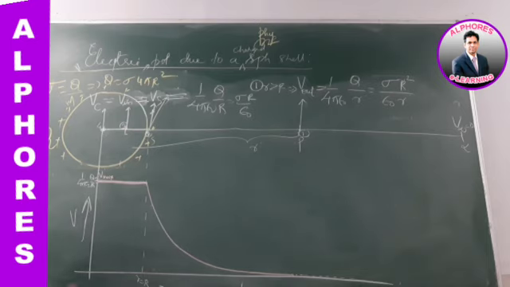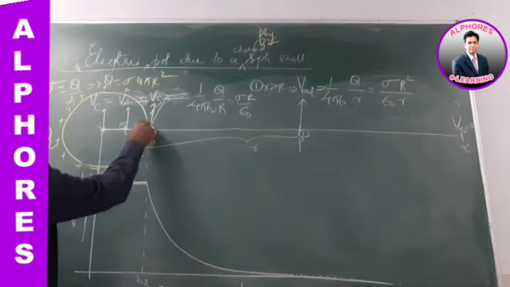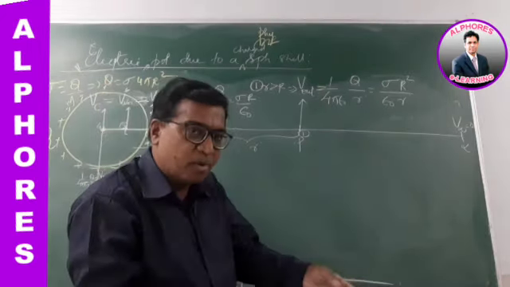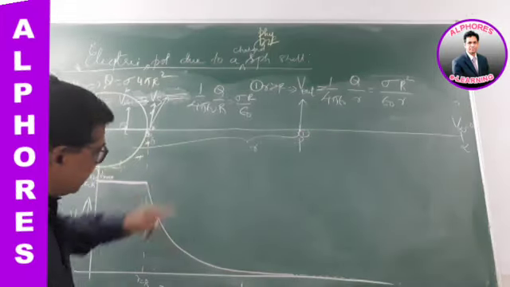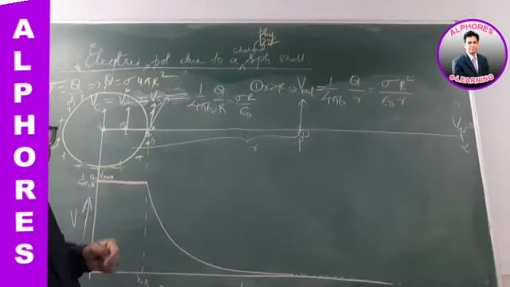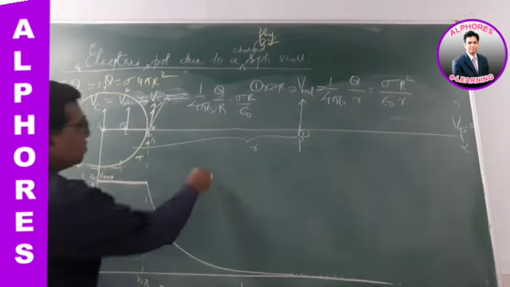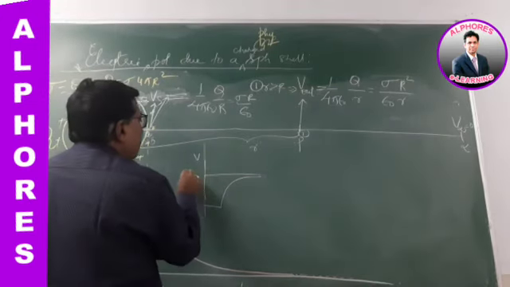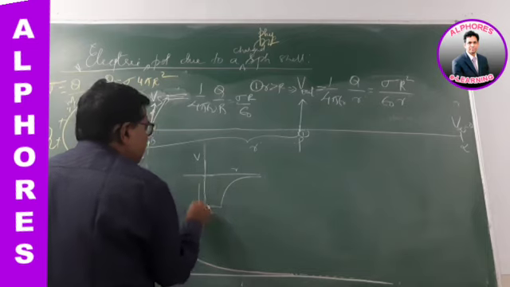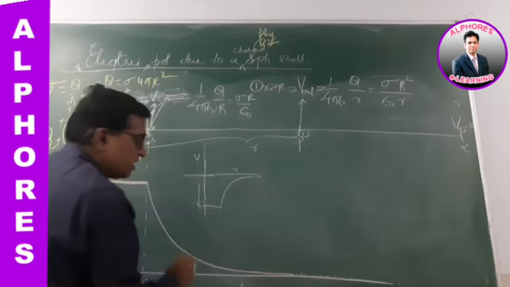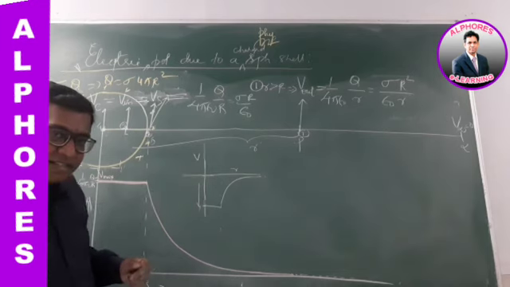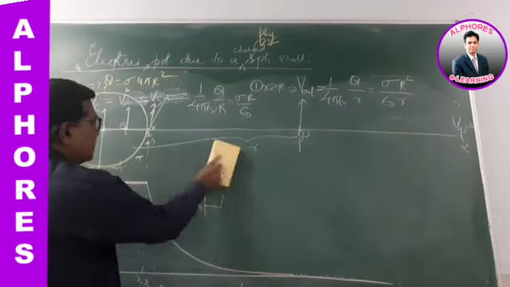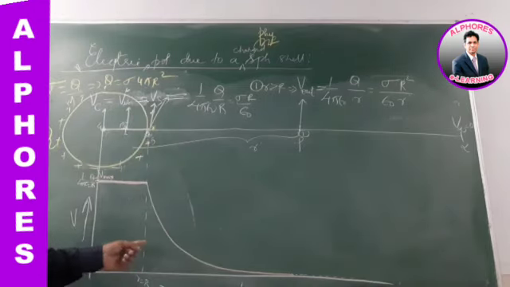I am taking it for a positively charged sphere. For a positive charge, of course, it is positive potential. Potential is a scalar, but even though it is a scalar, it can be positive, negative or 0. For a positive charge, the graph is on this side. Had this been a negative charge, it would be the same graph downward. So for a negative charge, the potential V with respect to distance is minus up to this R. For a negative charge it is minus, for a positive charge it is plus, like this. So the graphical variation of potential with distance is represented like this.